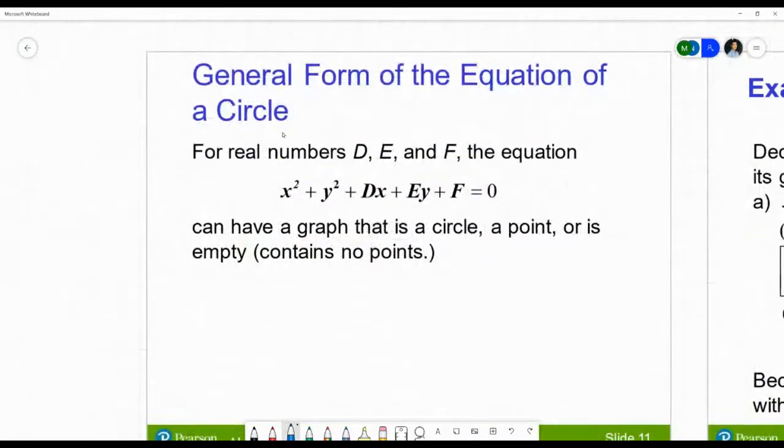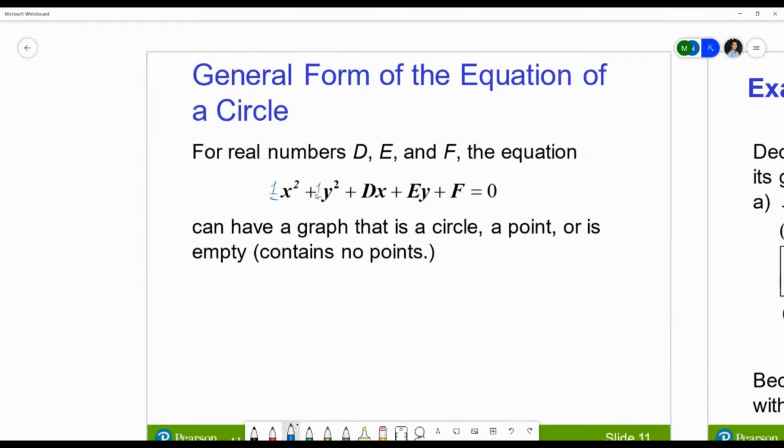So here we look at the general form of the equation of a circle. Now, we're going to go over a lot more than this. We're going to go over ellipse, hyperbola, parabola. So we're going to see in standard form how to recognize that this is going to be the equation of a circle. All right. So here we recognize that the x squared and the y squared both have a coefficient